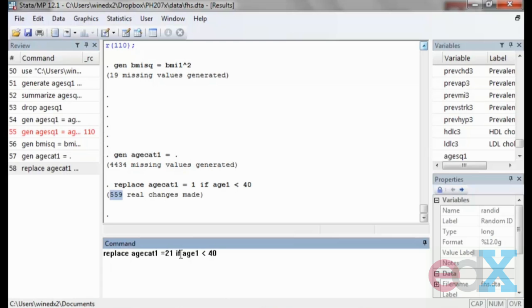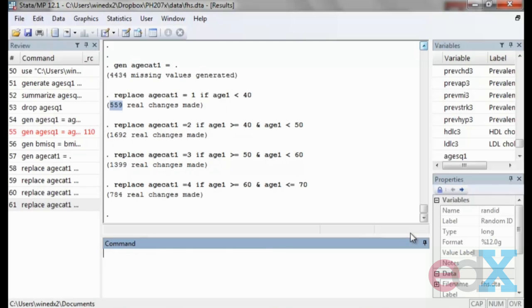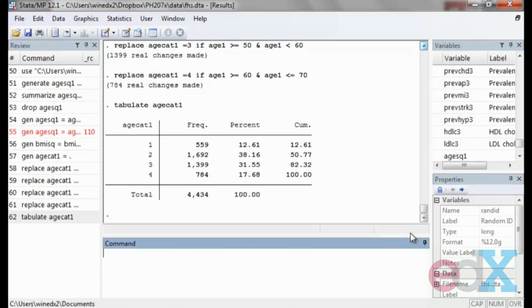Moving on, for category 2, I can say replace agecat1 equals 2 if age 1 is less than 50, but I need to add in another condition. I need to say age 1 also has to be greater than or equal to 40. So I do the same thing for the remaining categories, making sure that for the final age group, I say age 1 is less than or equal to 70 because the final age group is defined as ages 60 to 70 years old. So now I can run tabulate AgeCat1, and I can get an idea of the age distribution in my data